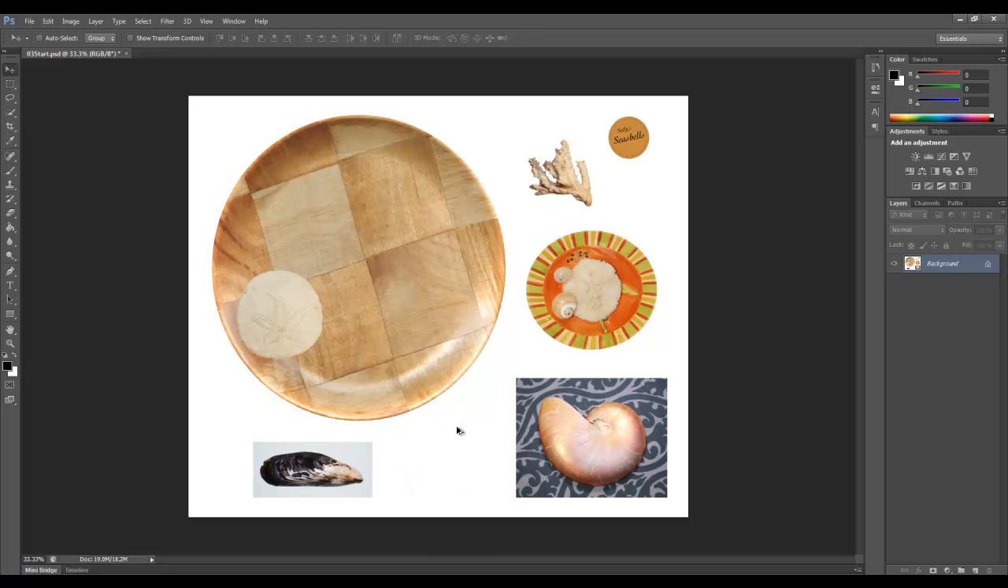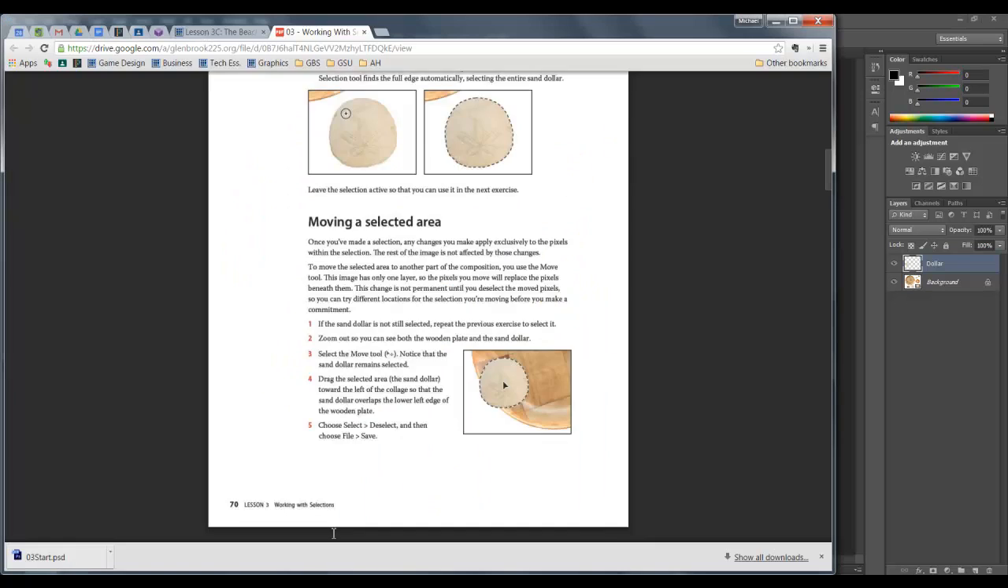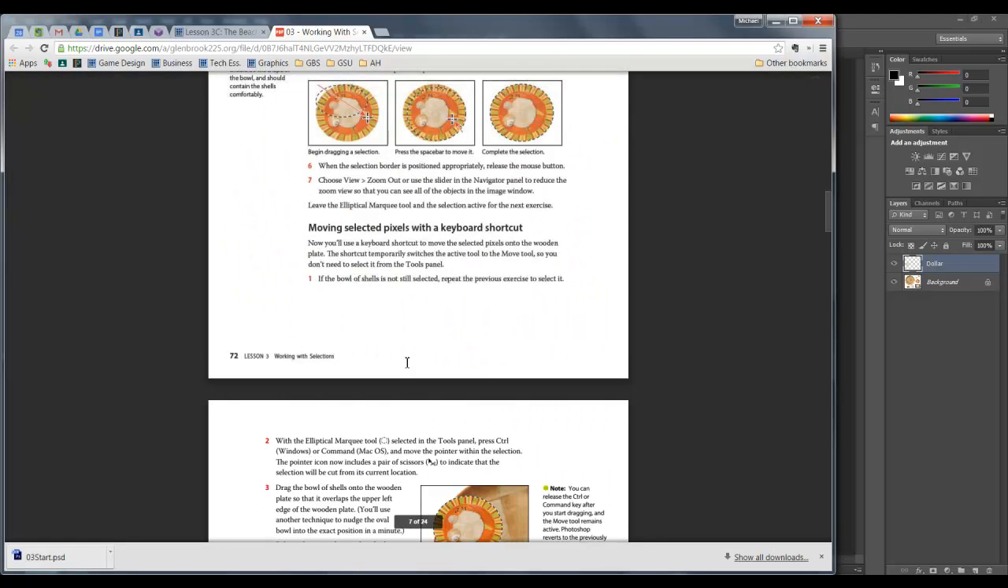So I'm going to undo a couple of times, get back to here, copy, paste. I have a new layer. I'm going to call this dollar. And now if I, with this layer selected, take it, I can move it into place right here. If you're following along in the textbook, we are now moving on to the